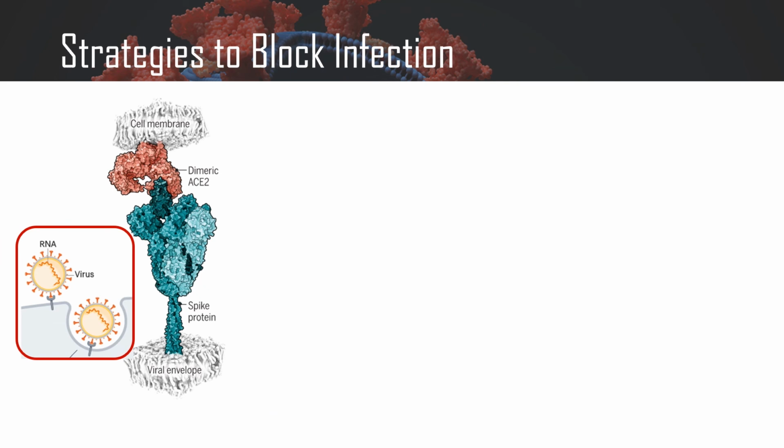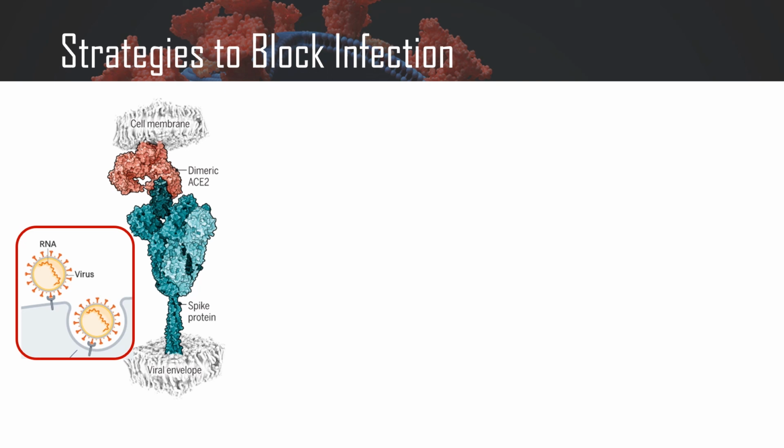Now, as you may have already guessed, there are multiple approaches to preventing SARS-CoV-2 from replicating. But one of the main ways is to block the spike protein. And we can see this spike protein structure here in green, which is binding to its dimeric ACE2 receptor. If we were to block this interaction, it would prevent the virus from latching on and fusing and going into the host cell. I'm going to talk through a few strategies which have been deployed and are being researched to